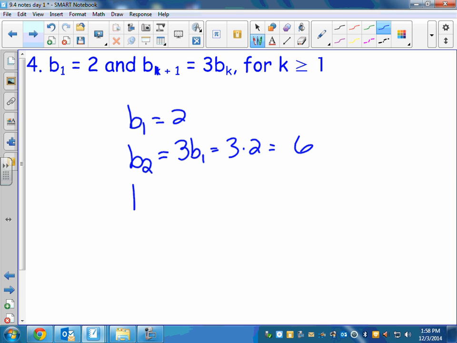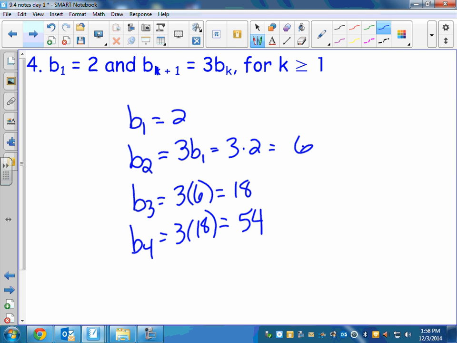B3 would equal 3 times the one before it, which is 6, which is 18. B4 would equal 3 times the one before it, which is 18, which is 54. They also ask you for the 8th term. Notice this time we're multiplying, we're not adding. But again, how many times would I have to multiply by 3 to get from the 4th term to the 8th term? 4. So I'm going to take 54 times 3 4 times, or 54 times 12, which is,